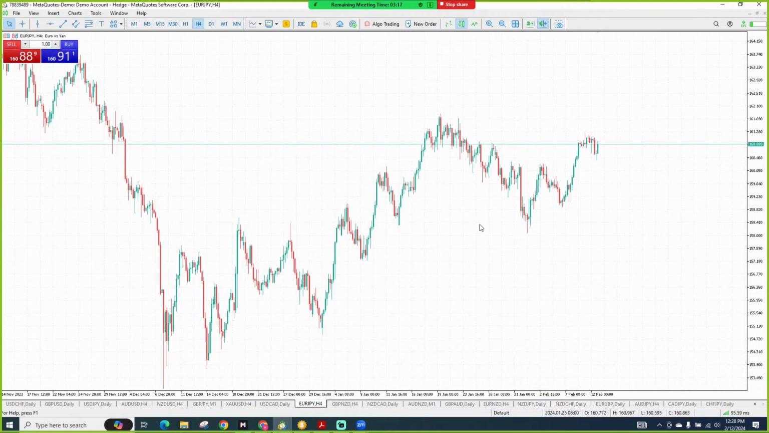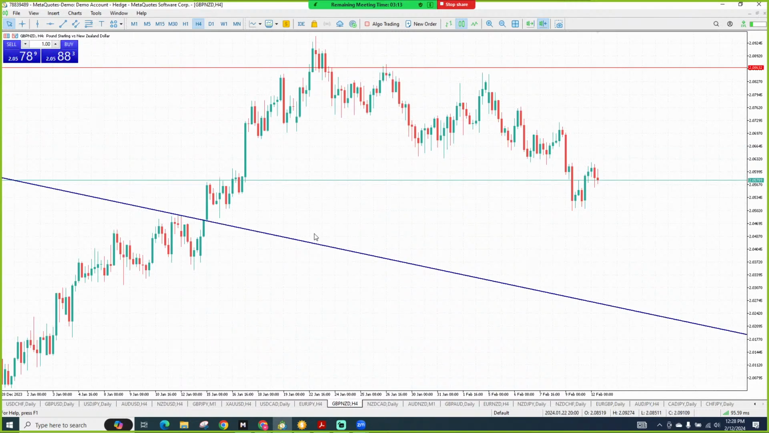This is EUR JPY. Very slow. I'm not looking at that. This is a good currency. This is GBP NZD. This is pound New Zealand. So if I draw my